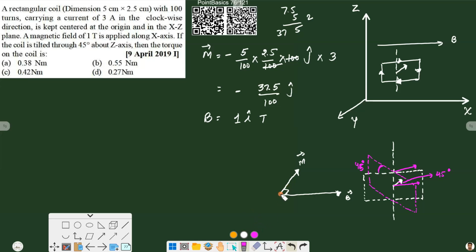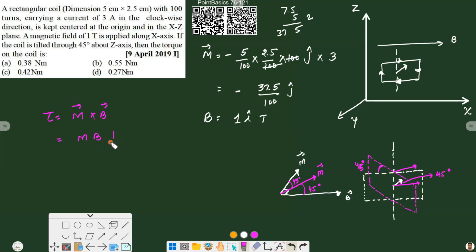Now our new magnetic dipole moment is 45 degree to the old magnetic dipole moment. So this is 45 degree. So the angle between the new magnetic dipole moment after rotation and the magnetic field also becomes 45 degree. So we got the angle, and now what we can do? We can find the value of the torque. So torque is M cross B, and we have M into B, and angle is 45, so sine 45